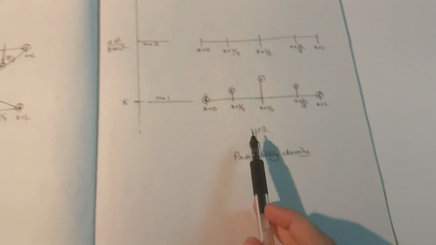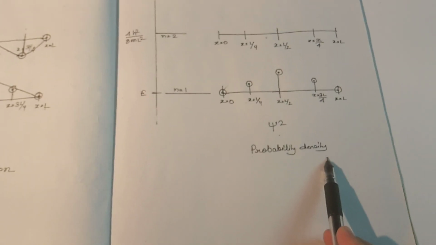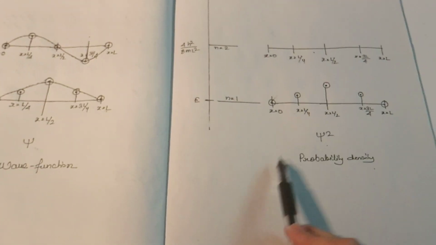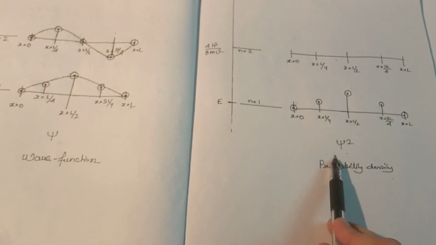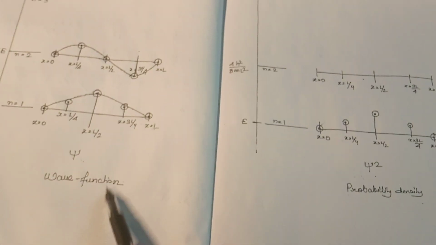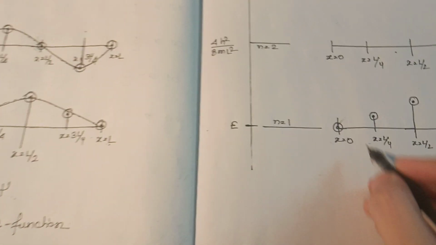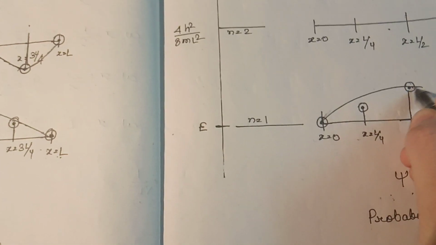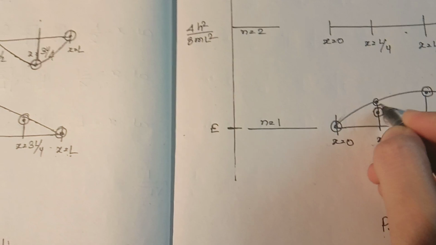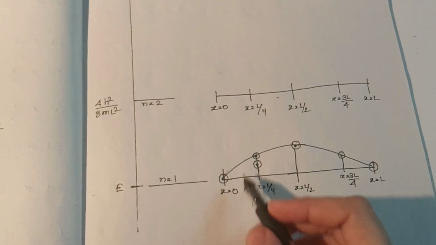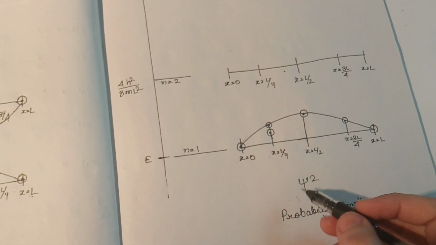But there is a difference between psi square, that is the probability density, and psi value, because it is the square of the wave function, so the magnitude must be greater than psi, so the height would be much greater in comparison to the height of this. I have written here almost the similar size, but you can draw the hump much higher in comparison to the hump of this wave function, because it is a square of the wave function.